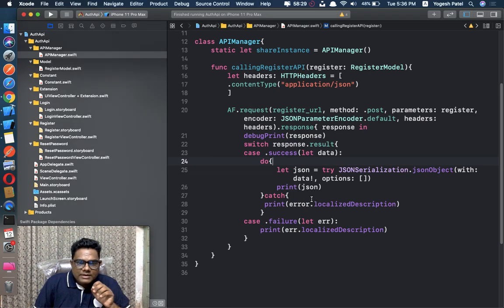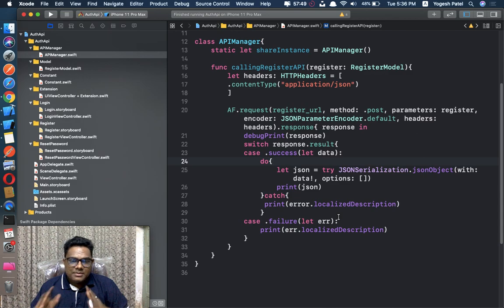And now let's add an alert. If the user has registered successfully, then we show the alert message, and if it's an error, then we show the error message. So how can we do it here? So guys, one thing I'm going to tell you, I'm just explaining all the basic things here. I'm not doing any complex thing right now. So I'm creating a completion handler that just passes the boolean value. If it registers, just put true, and if it does not register, if errors come, then we just write false. Okay, that's it. So we are not passing any data or anything.